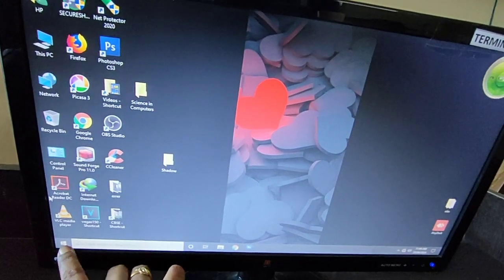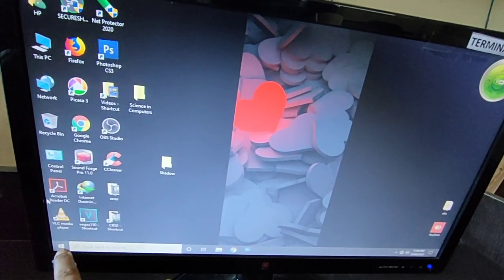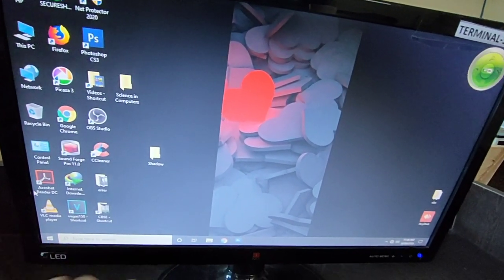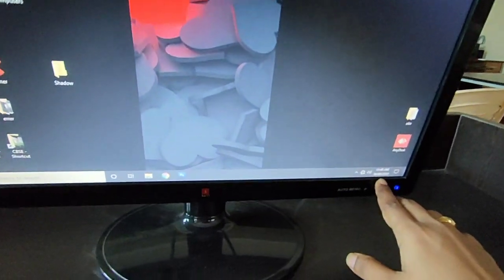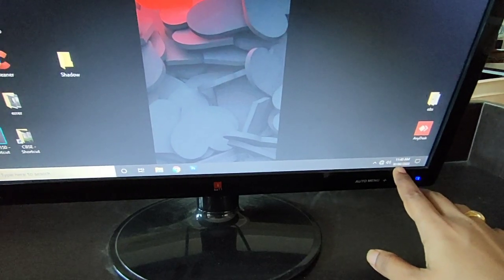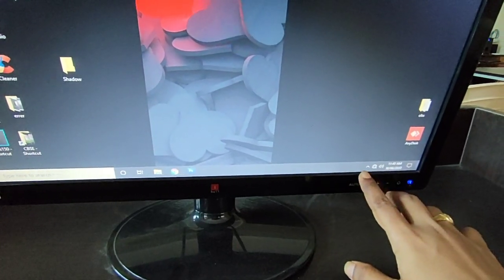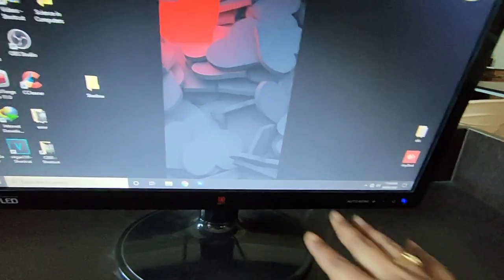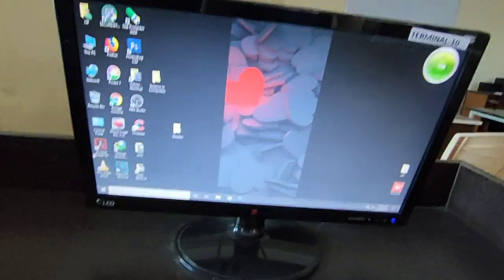This is the start button, and at the bottom right corner of the taskbar, this is the time and this is the date. So in the taskbar you can see all these things.